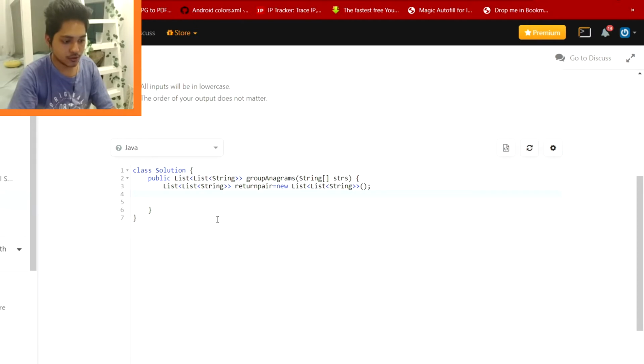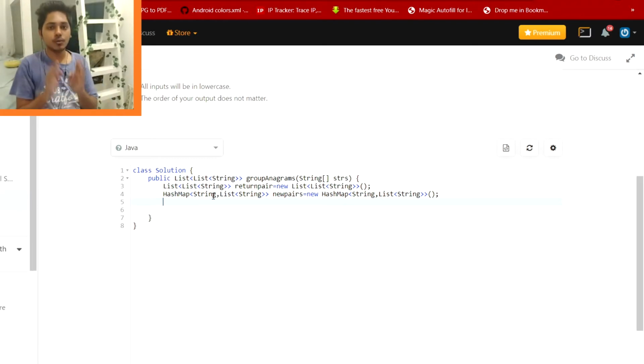So I'm going to first create a hash map to store all the letter groups. It will be of string, and then of list of string. And I will name it new pairs. New hash map, string comma list of string.